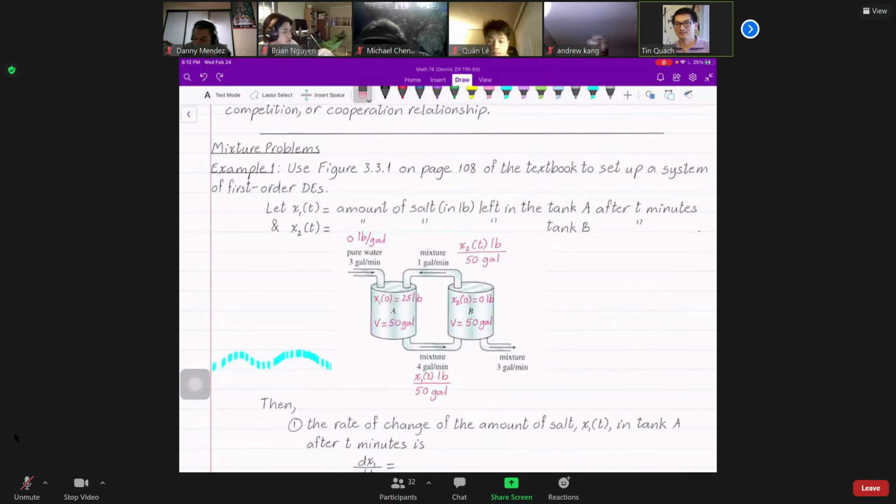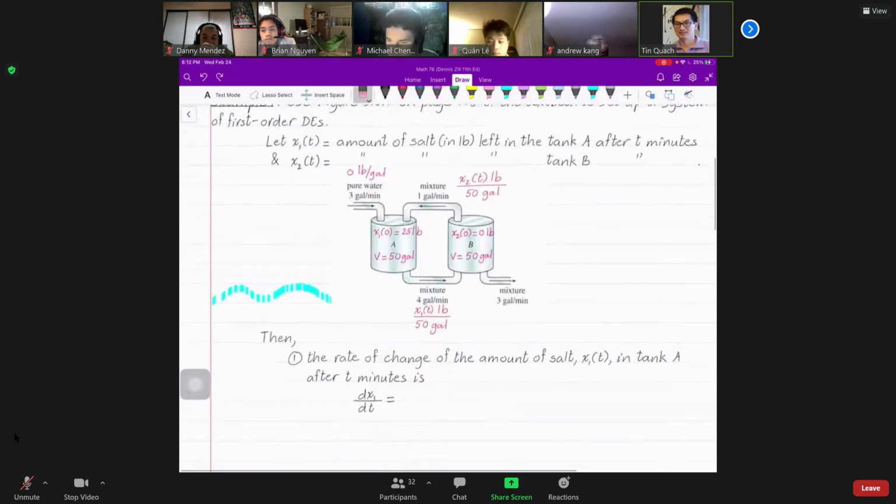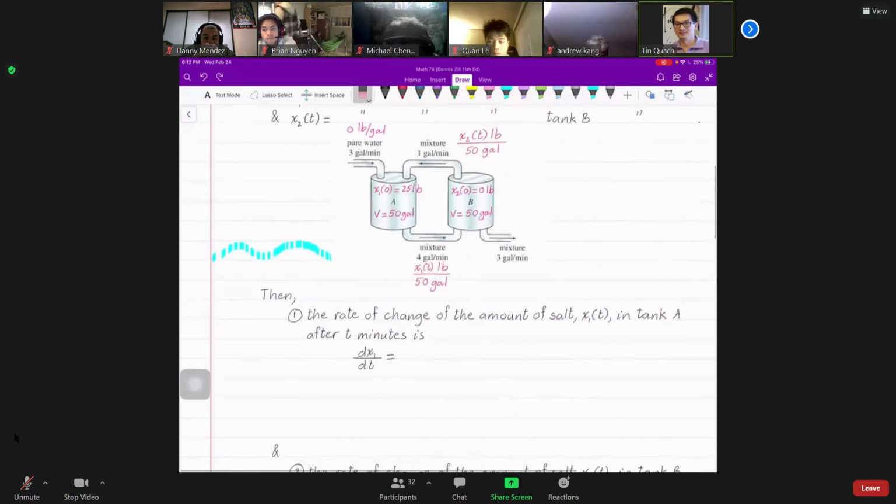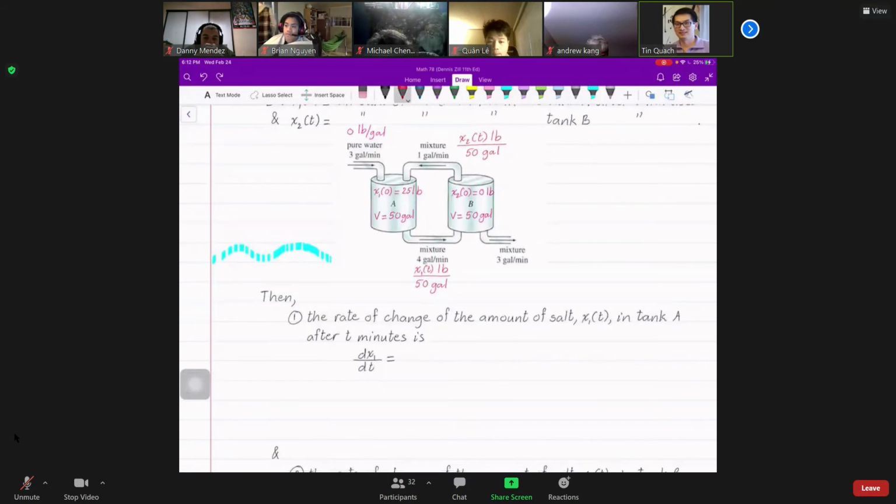The problem is to set up a system of first order differential equations for the amount of salt in the tanks at time t. So we talk about at time t. So at time t, we want to take the amount of salt in tank B at time t divided by the volume of liquid in tank B at time t, which is